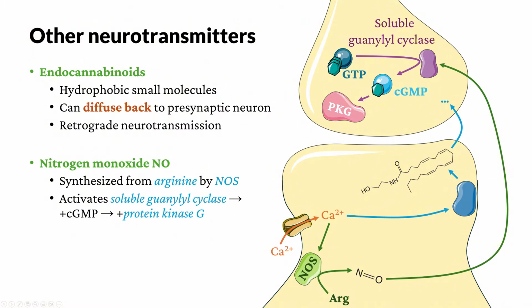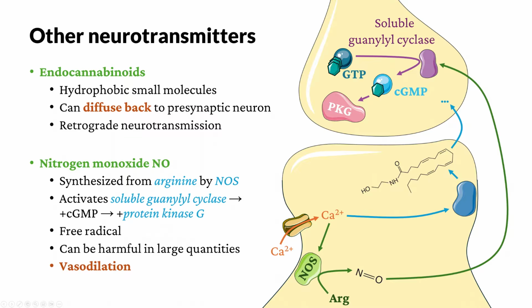This then increases the amount of cGMP, because cGMP is now synthesized from GTP. cGMP in turn acts as a secondary messenger and increases the function of protein kinase G, which phosphorylates other proteins, like other protein kinases. Nitrogen monoxide, NO, is a free radical. It has unpaired electrons, therefore it is very reactive and can react with other proteins and other components of the cell. Therefore, it can be harmful in large quantities and is rapidly degraded after it's used.